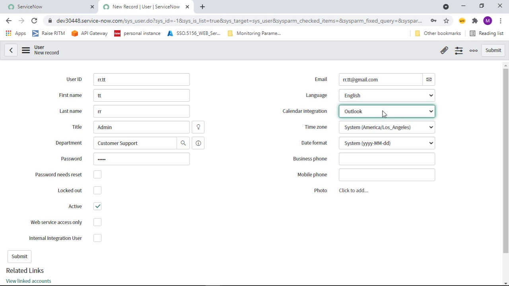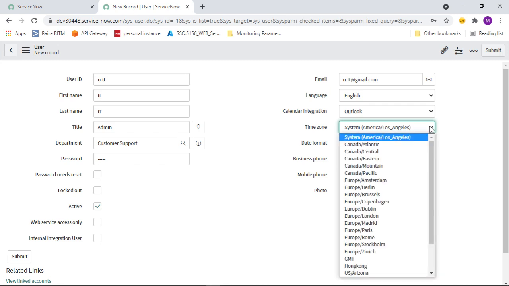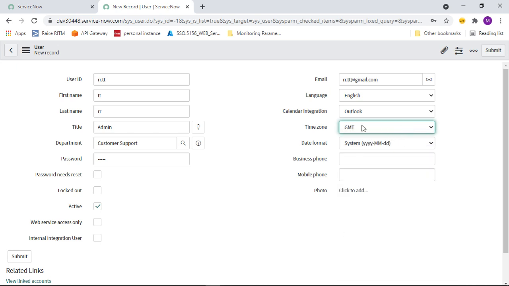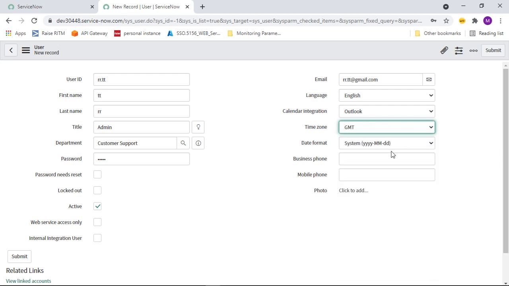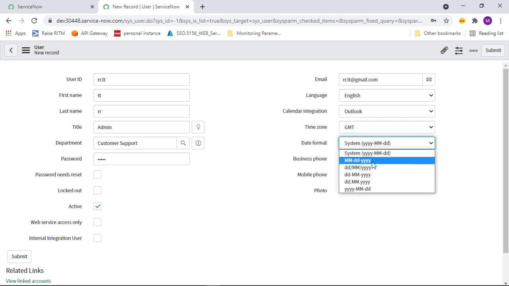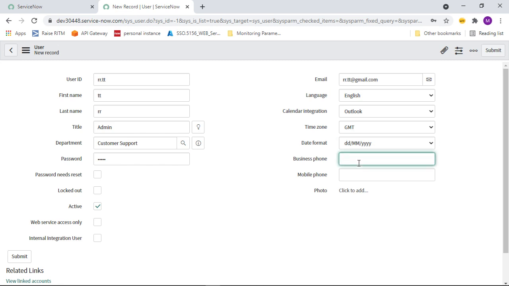If you receive any emails, all the stuff, if you click on the Outlook, it will redirect you to that Outlook. Here, if you see the time zone, right, I'm selecting GMT. You can select based on your availability, based on your workplace. Here you can see the date format. Here you can select whatever format you want. If you need month, date, year, you can select this. If you need date, month, year, you can select this based on your comfort and requirement. You are able to select the date field.